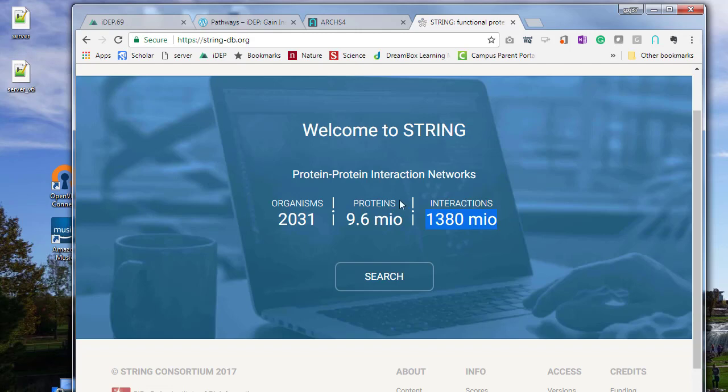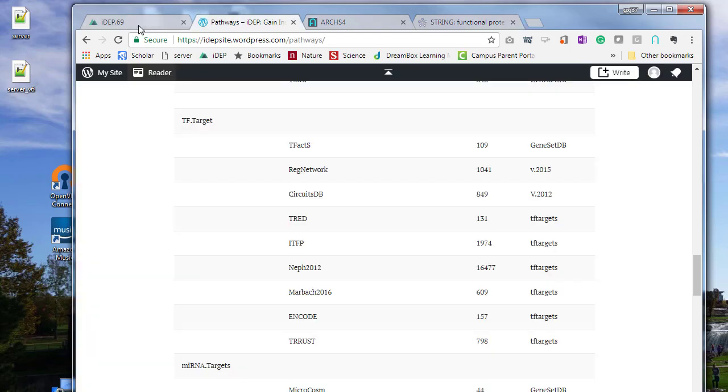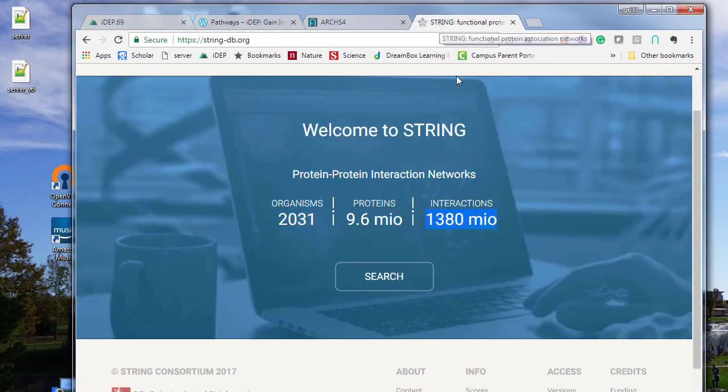So one of the things that is possible with the string database is not only protein-protein interaction, it also provides enrichment analysis for bacterial genomes, which we don't have right now. We have about 208 species, plants and animals, but we don't have any bacteria. But if you are working on bacteria, maybe the string database is a very good